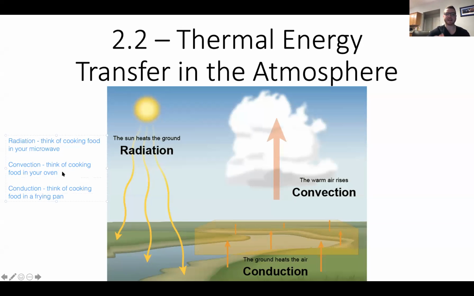Convection uses the warm air that is generated by electricity in your oven, and that warm air is going to rise. And then as the sun heats the ground from the,